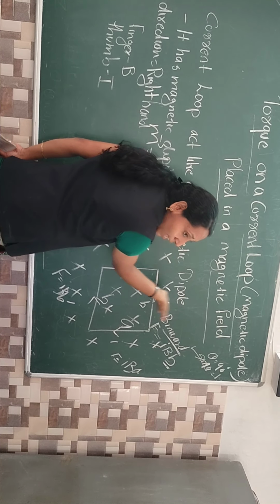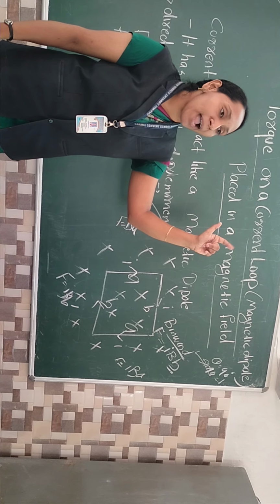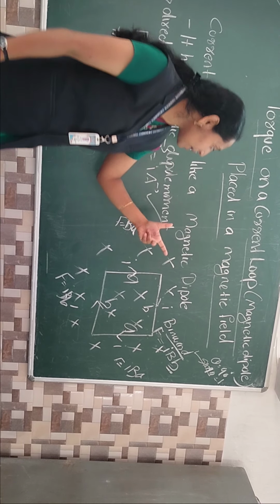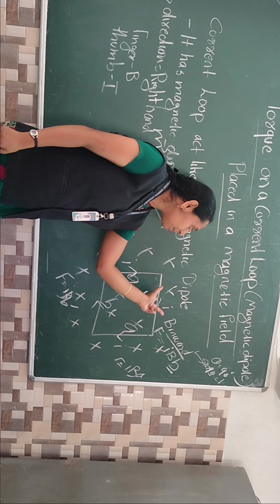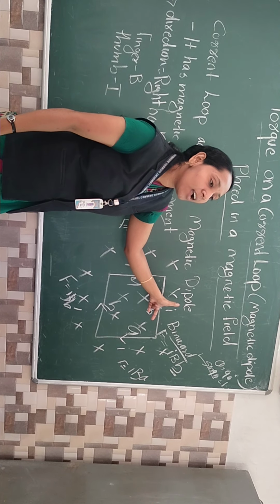Fleming's left hand rule. If there is doubt, it is left, right? Yes. Fleming's left hand rule. What is it? Current, magnetic field, force direction. Where is my magnetic field? Inside. Current in this way. Where is the force? Upward. Now it will be clear? So force is upward. So in this side, force is upward and the magnitude is this.